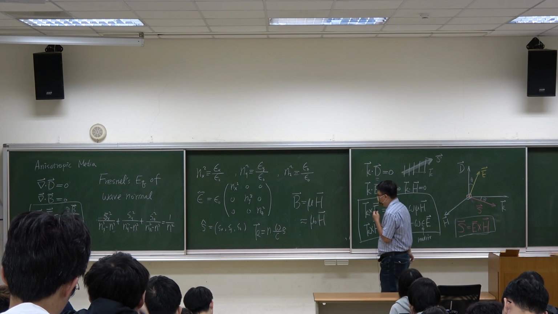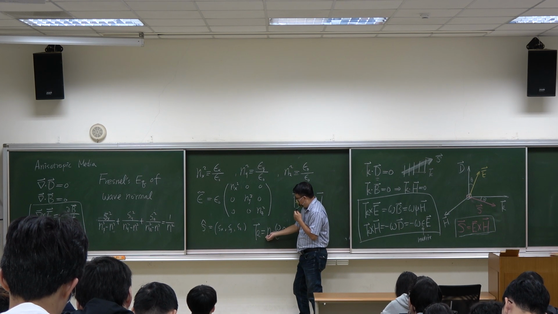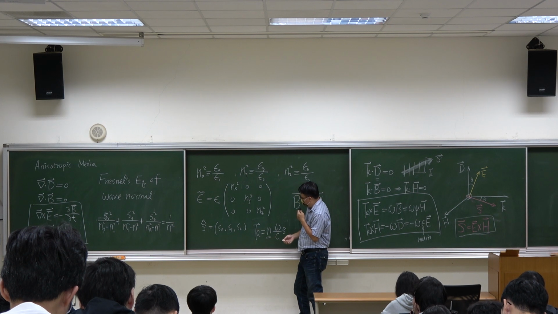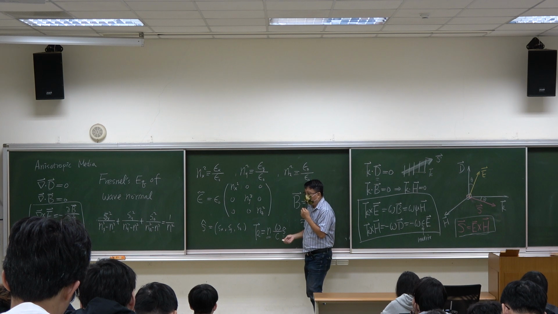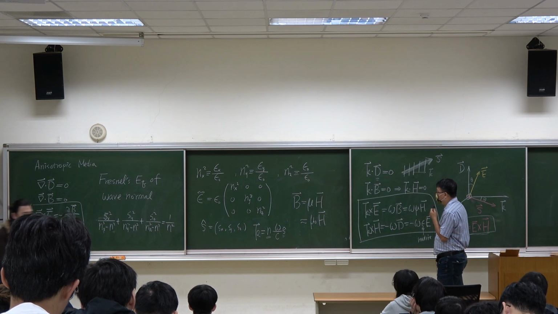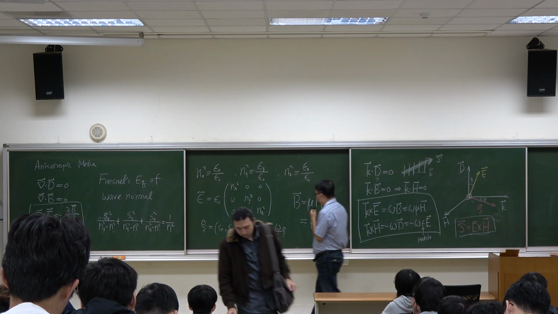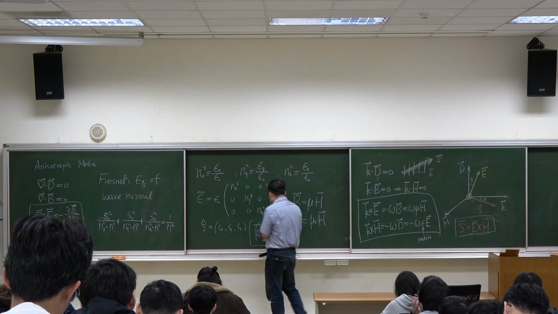The K vector can be written as omega over c times the refractive index times the propagation direction unit vector. Okay. So you use this ansatz